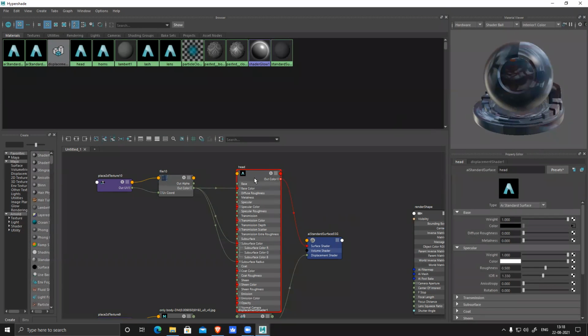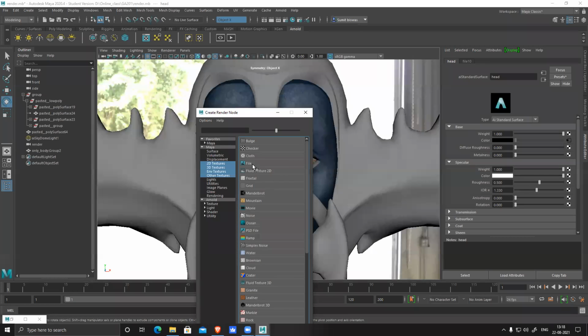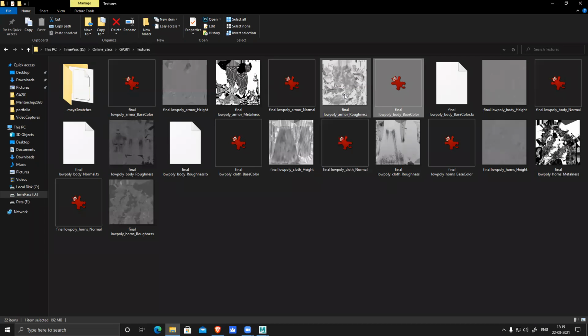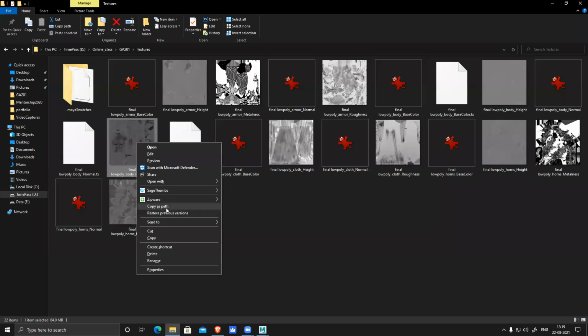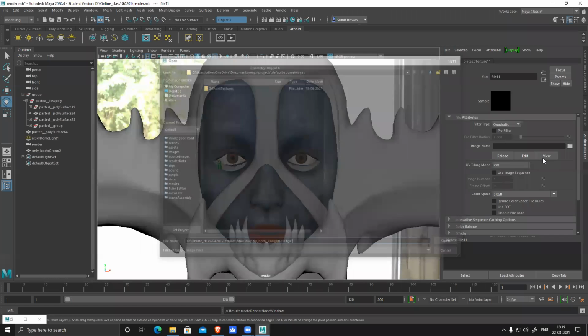Now I need to connect all those roughness maps and everything. Under specular, we have roughness, and we have the roughness map file, and go to files. Low poly, high, normal, roughness. Copy path, connected.